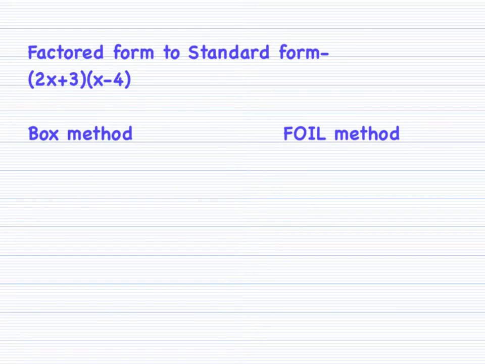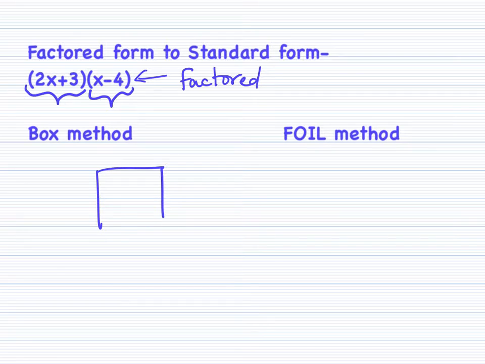So going from factored form to standard form, this right here is the factored form because we are multiplying two factors. 2x plus 3 is one factor, x minus 4 is the other factor. So that's factored form. To get it into standard form, one method is to use the box method where you